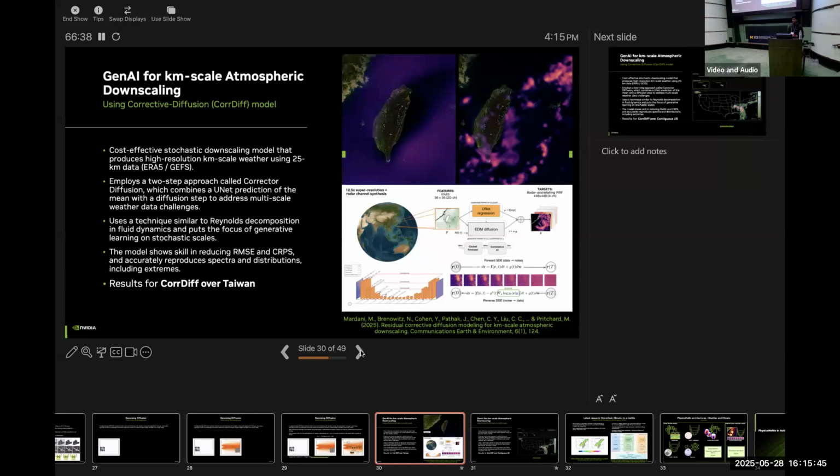And so a combination of these two can be then used to generate finer scale forecasts. So this is one of the applications of this diffusion generative AI model for super resolution of weather patterns, right?